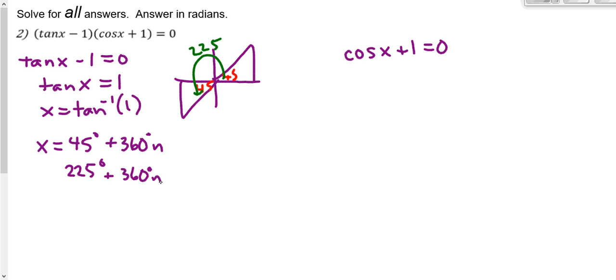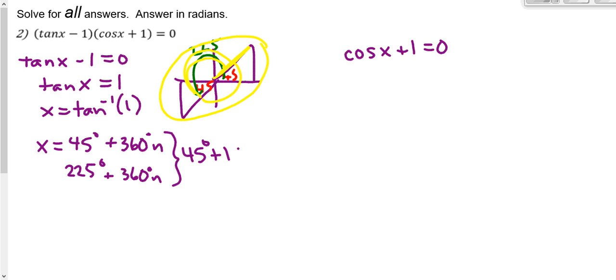Notice that for this particular scenario, these two angles are half a circle apart. So once you have one of them, the 45 degrees, you could just add half a circle to get to another answer, add half a circle, get to another answer, add half a circle, get to another answer. And what is half a circle in radians? Well, let's start with degrees. What is half a circle in degrees? That's right, it's 180 degrees. So we could actually consolidate these answers together, and we could just take one of the answers, 45 degrees, and